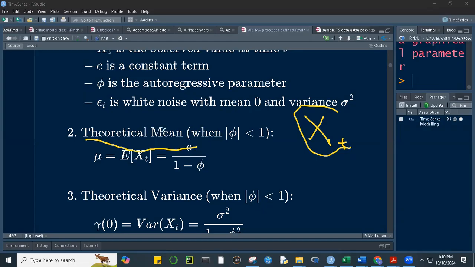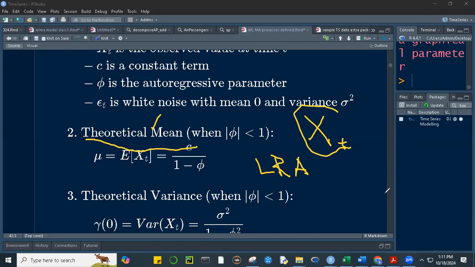So what is your theoretical mean? Your theoretical mean, as discussed last time, is your long run average. So on a long-term basis, the average of your time series will fluctuate around that value,